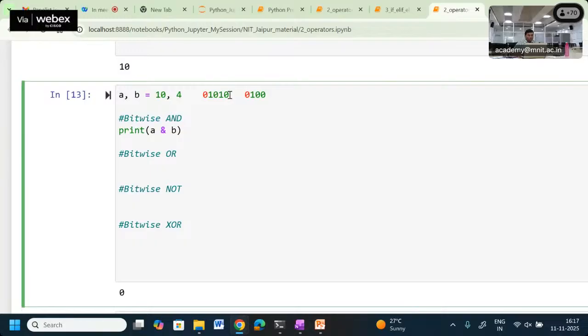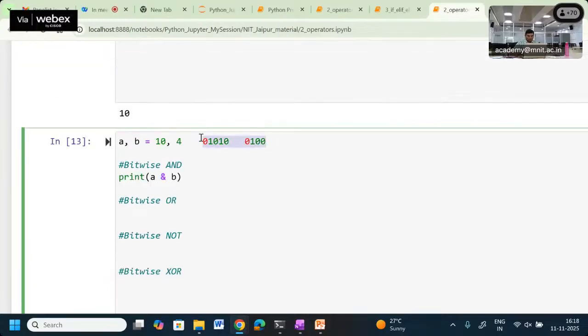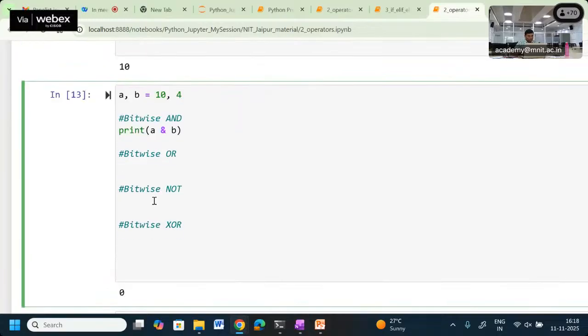So the first bit, bitwise, will be false. The second is going to become false. Third is going to become false. Fourth is going to become false. So we will get a 0, if you are applying bitwise NOT, then